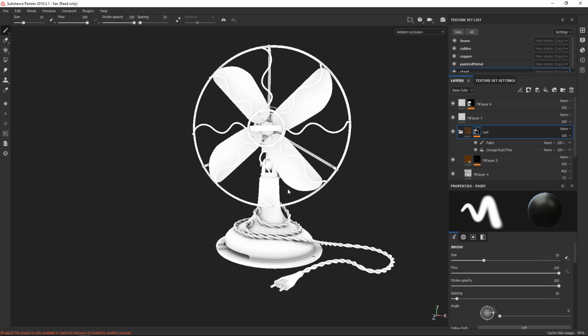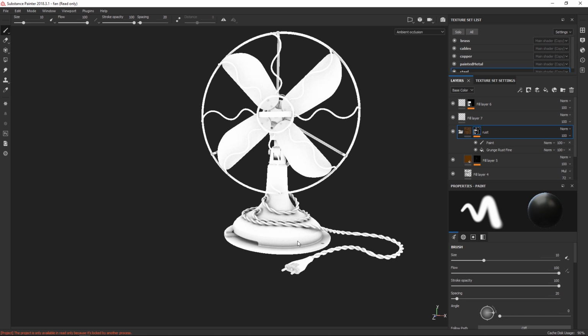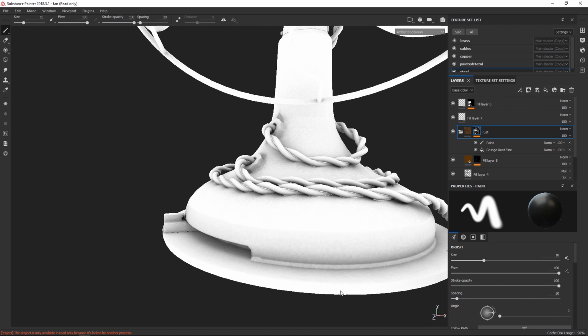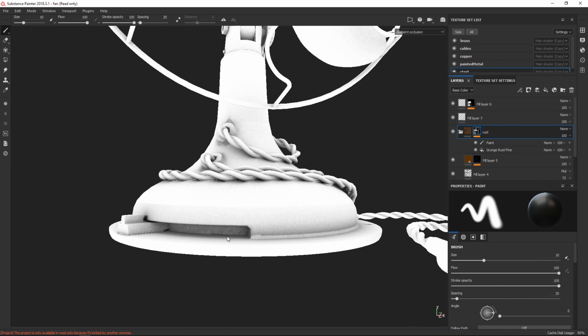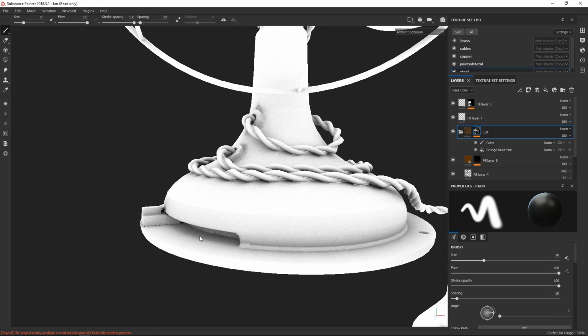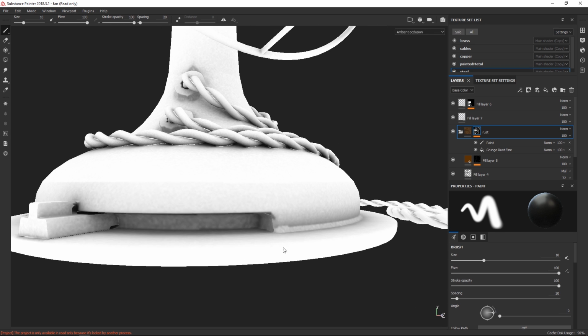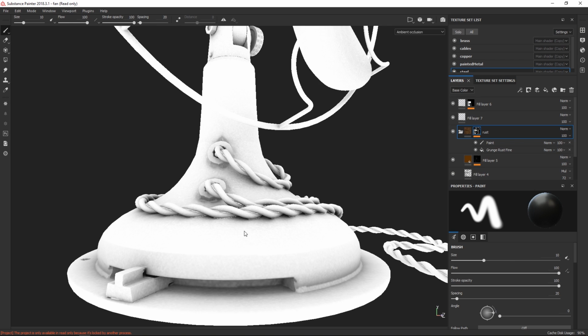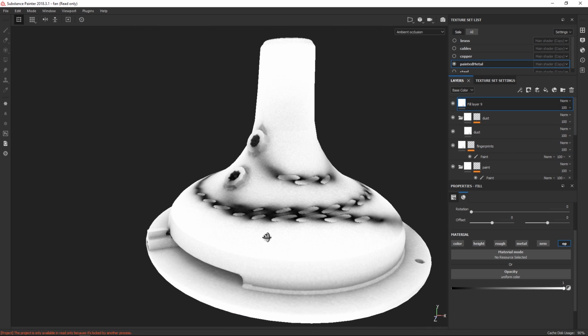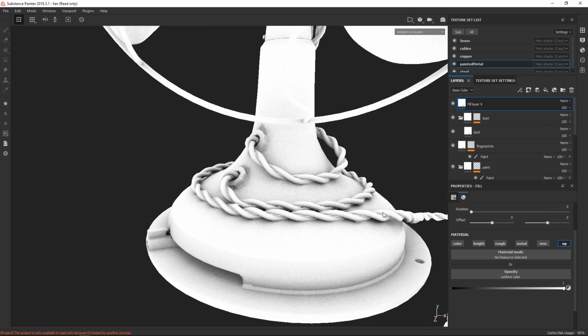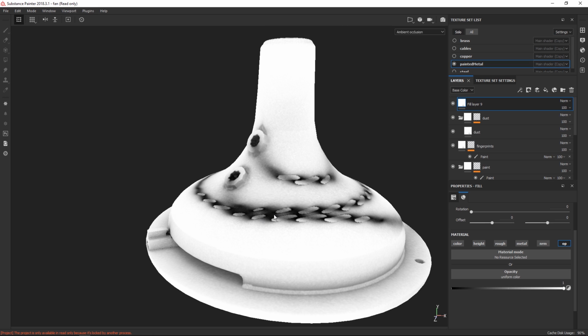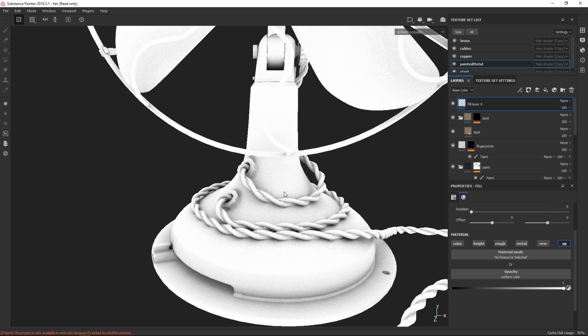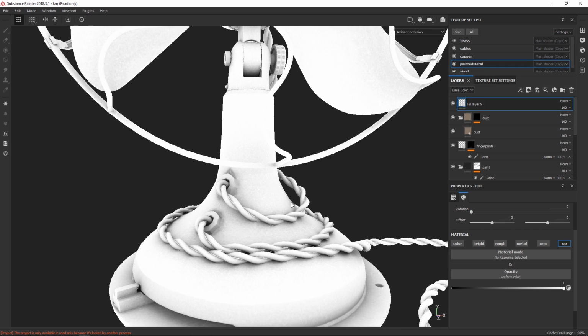But this here has nothing to do with lighting. The only thing an ambient occlusion map is doing is looking at where the pieces are close together. So if we look down here, it's not dark because of any lighting. It has a dark line because there's a lot of geometry here. A good example of this is where the cables are. It's really dark because it's so close together. So it's basically just to help you ground something.